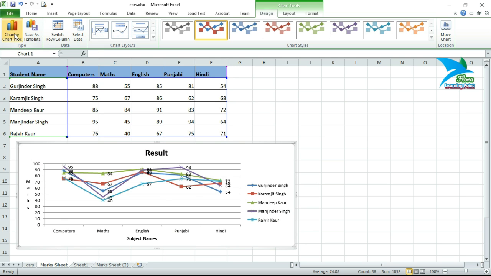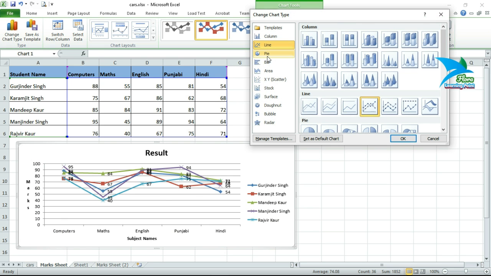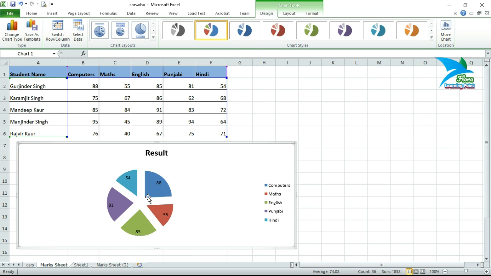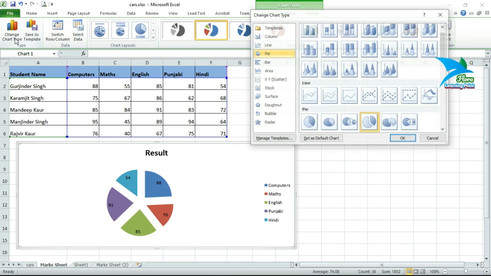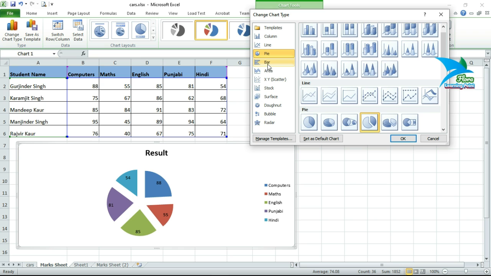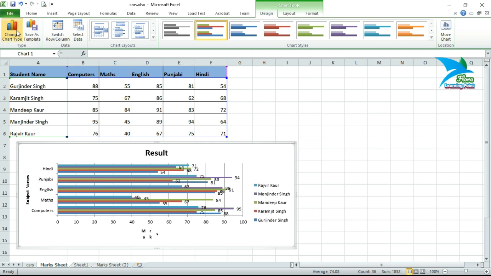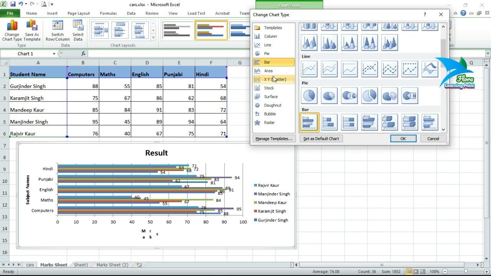Now you can see here we are having a line chart, and again click on chart type. Pie chart is here. Just select the type of chart that you want to display. Like I want to display like this. So here we are having a pie chart. Then again click bar. So it will be displayed like this.